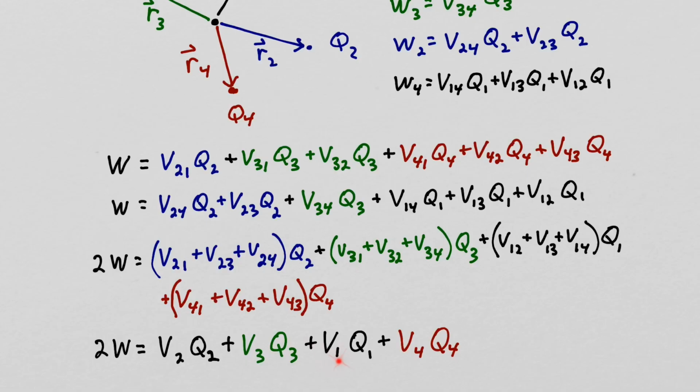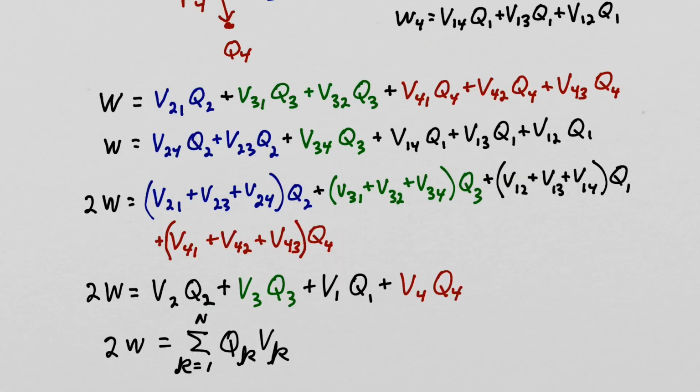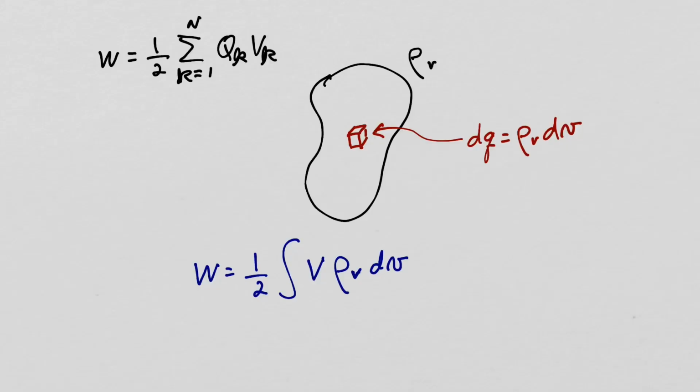So it's simple to see that an extension to n charges would be this equation right here, and now we can solve for W to get our general expression for the energy stored in a configuration of n charges. If instead of point charges we had some volume charge density, then if you take a differential volume, dV, times rho sub v, we would have our differential charge. So for our point charge here, let's substitute in our differential charge, and the summation becomes an integral over the region of your charge distribution.